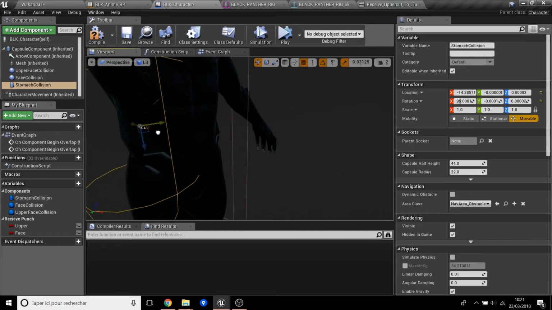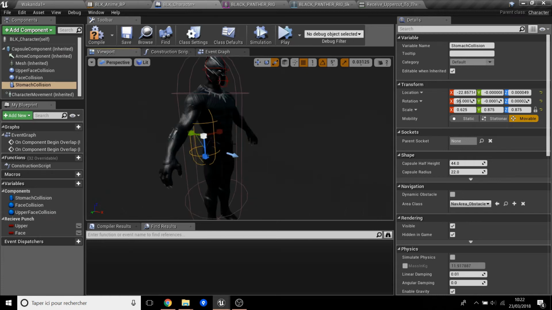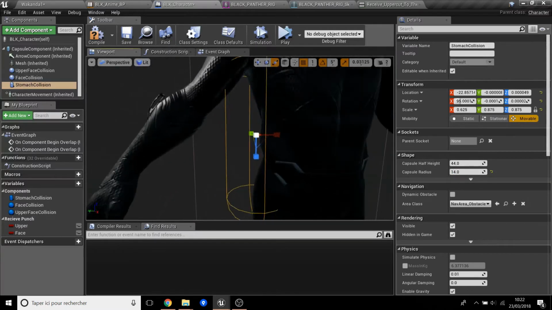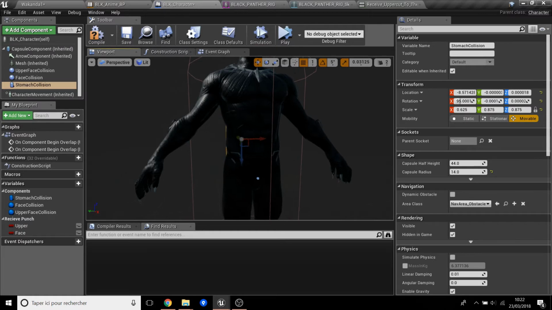and we have to resize a little bit because it's too big. Here is okay, the radius will be maybe 14, and we put it back again in this position.